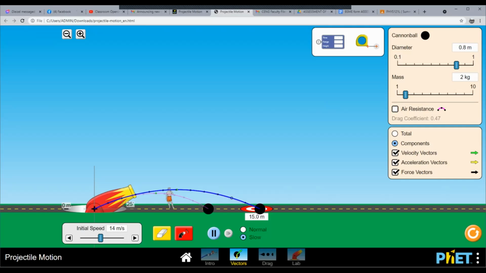Dahil na-hit natin yung target, let us try kung halimbawa, mas pabibigatin natin. Ano nga yung original na weight niya? 5, ano? So kung nilagay natin sa 10,